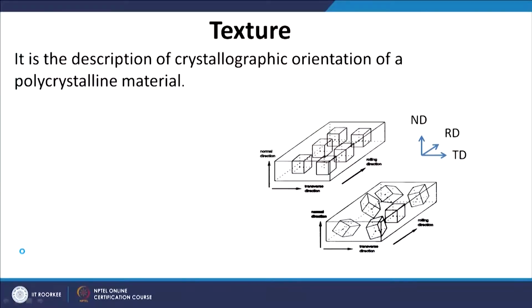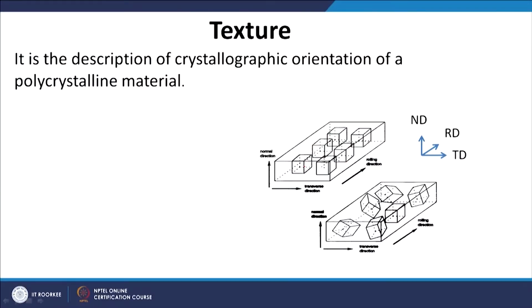But if you find that a good number of grains have a particular orientation of unit cell, and these are not required to be together, these grains can be spatially anywhere throughout the material. If, let us say, out of 100 grains, 30 grains have a particular orientation, then I would say the material has a certain crystallographic texture, that there is a preference for a certain type of arrangement. That is what is shown here in the schematic.